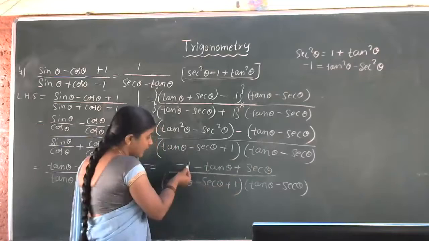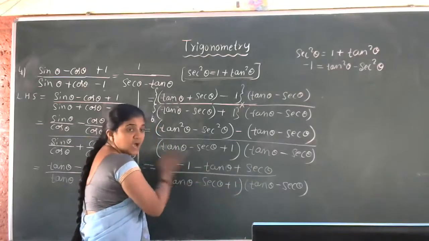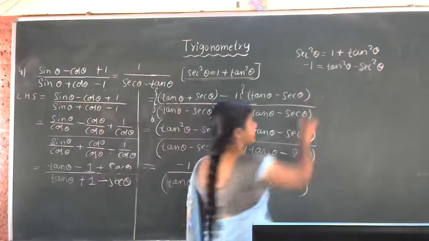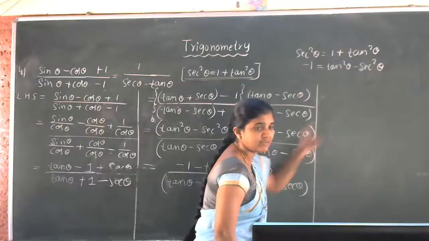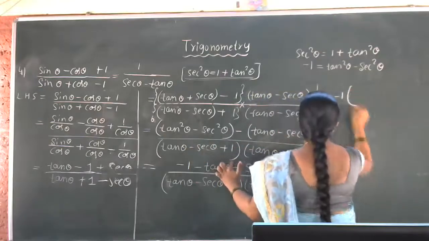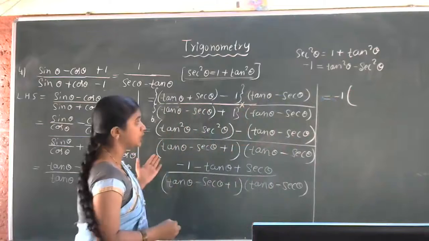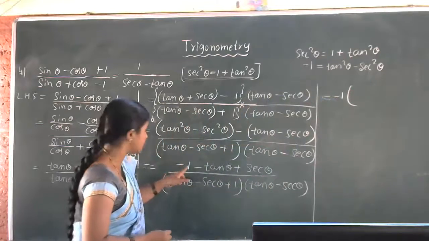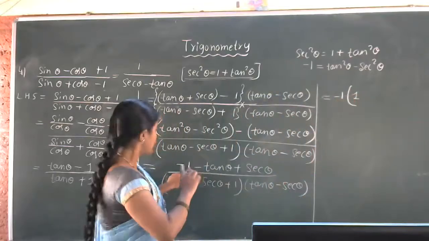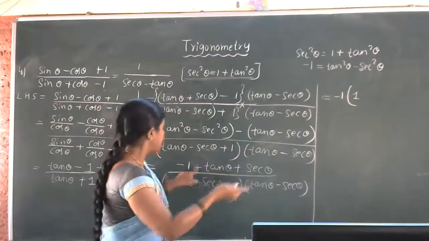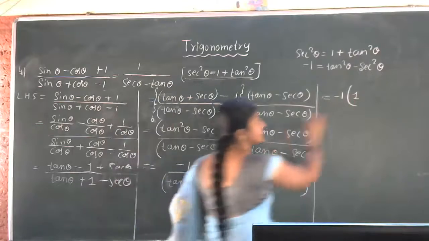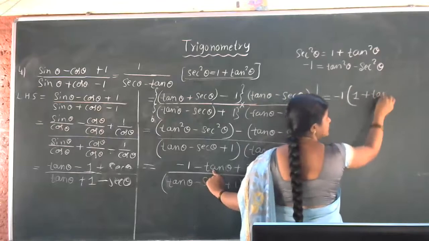So how to convert? By taking minus 1 outside as a common factor. Let us take minus 1 as common factor. Can I write here, students? Is it visible now? So now we are taking minus 1 outside from the numerator. If we took minus 1 outside, what is inside actually? Plus 1. Plus 1 into minus 1 is minus 1, no? So remaining is plus 1 factor. Then minus tan theta: in that, minus 1 is already outside, in the sense plus tan theta. Are you observing this?